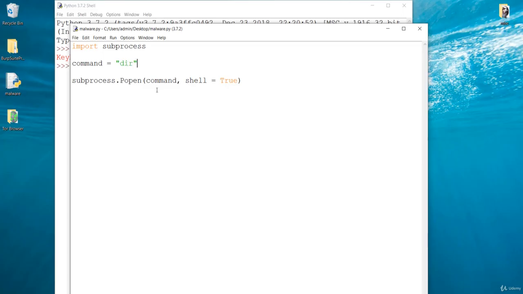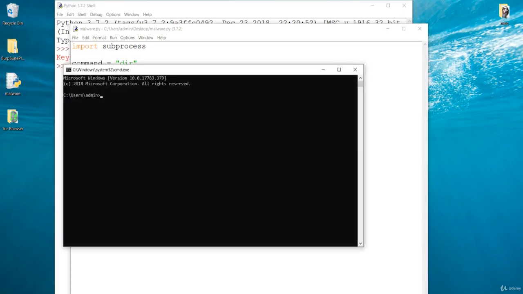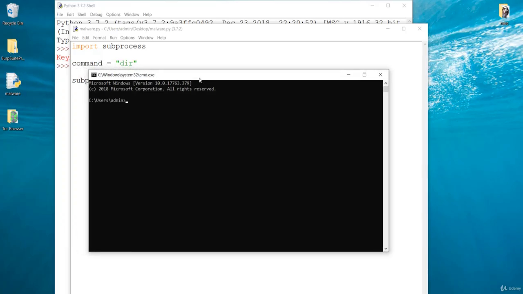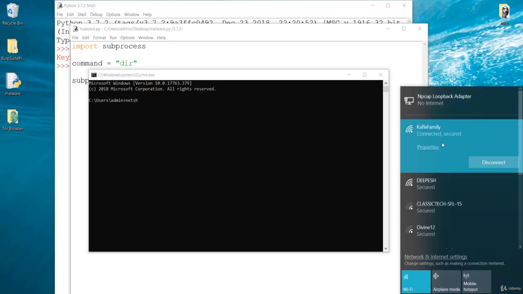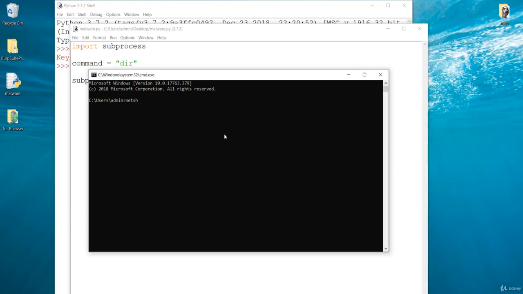So the next thing you need to do is test some other command that is going to give us more information than this dir command. I'm going to use the netsh command, and what this does is get you all the information of the profiles your communication is happening on. In this case you can see I'm communicating with this network, with this name. It will give all the profiles that this client computer has ever connected to. So basically we are getting the interfaces of the Wi-Fi connection from this command.